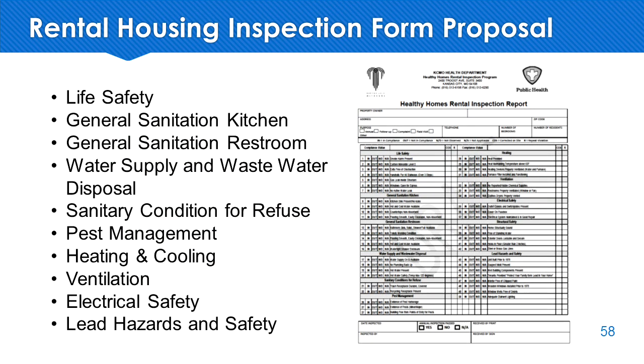When we looked at all these jurisdictions, we tried to collect as much information as we can, and we looked at what they look for during their inspections. Some cities throughout the country have a 17-plus page detailed inspection form, from health concerns in the property all the way to including some code violations. At the health department, we shrunk all of that to look at only health concerns, from life safety to general sanitation,